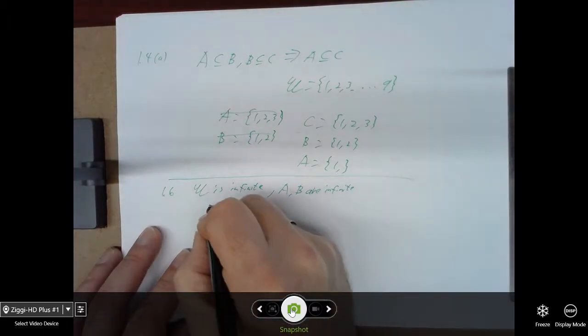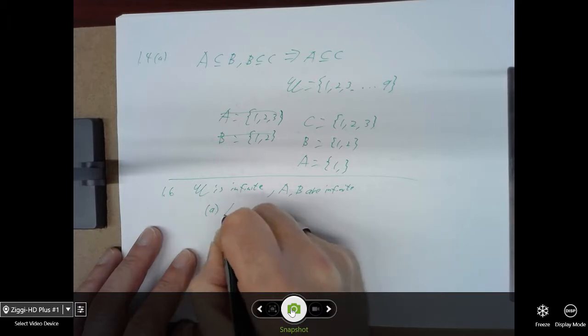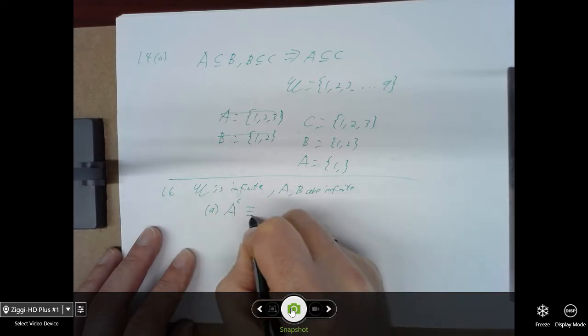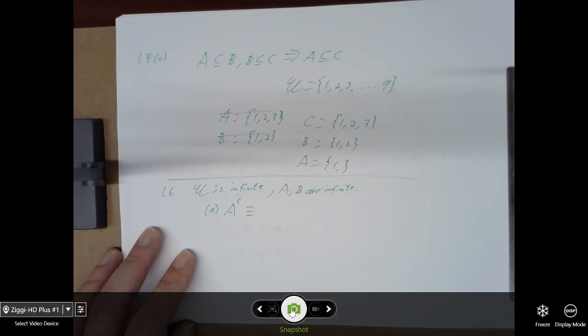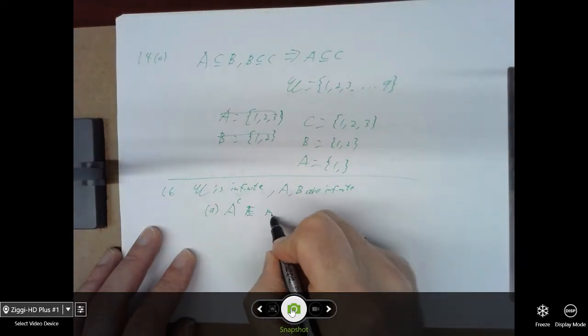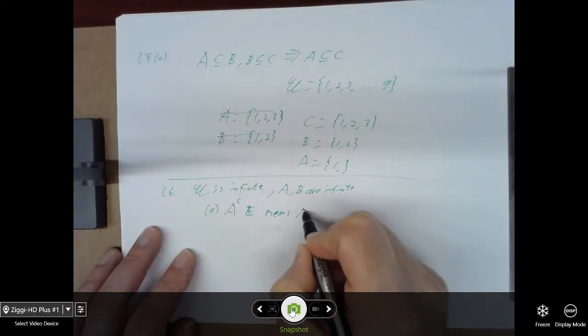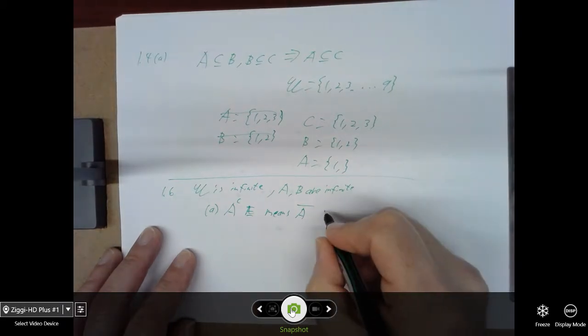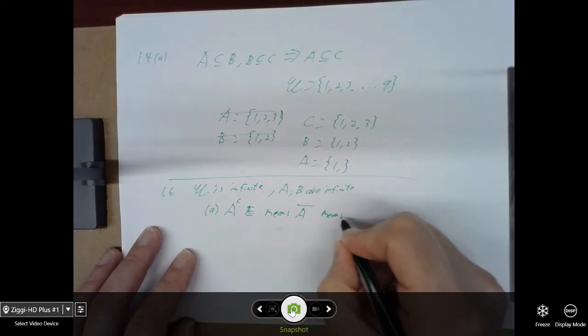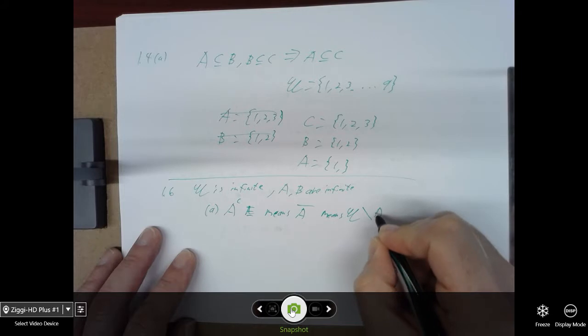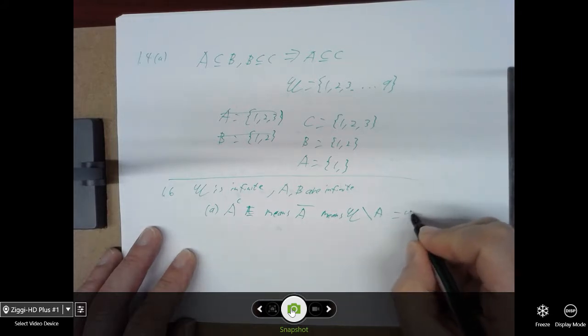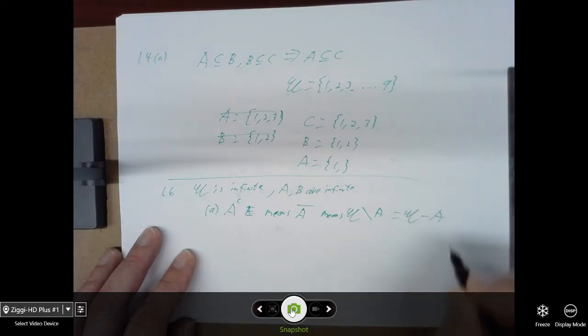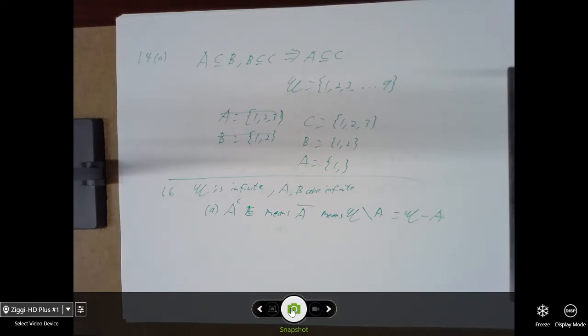So part A, the book writes A with a C on top, right? That's just the complement. That's an A bar, which is also the universe with A removed, which is also the universe minus A. So we have 4 ways of writing complements now. So the book uses a little C on top, just put a bar on top if you like. So part A is asking the complement of A,